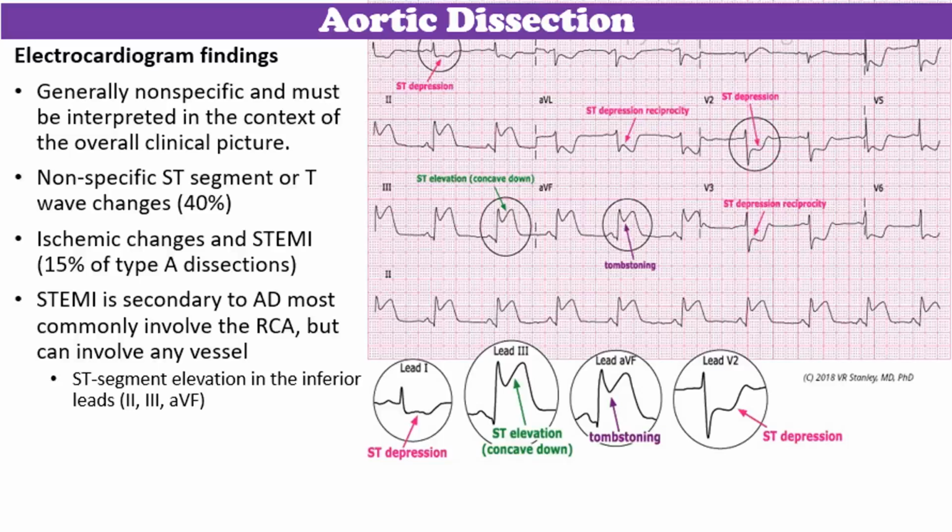However, the ECG is less helpful when dissection leads to coronary ischemia. In many cases, the ECG may appear normal or show nonspecific ST segment and T-wave changes. These nonspecific changes can make the diagnosis challenging, as they may overlap with findings seen in other cardiac emergencies such as acute coronary syndromes or pulmonary embolism. However,